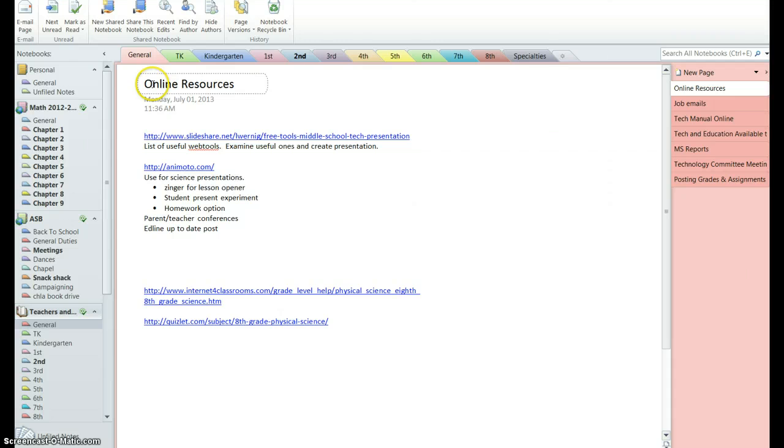Like this one that is showing here is my Teachers in Education notebook, or Teachers in Curriculum, I guess is what I labeled it. And then I have sections here, General, TK, and I have each grade level. And then to the right for each section, so right now we're in the General section, we have pages: online resources, job emails, tech manual, and I'll show you how you can make each one of these. So let's start with a new